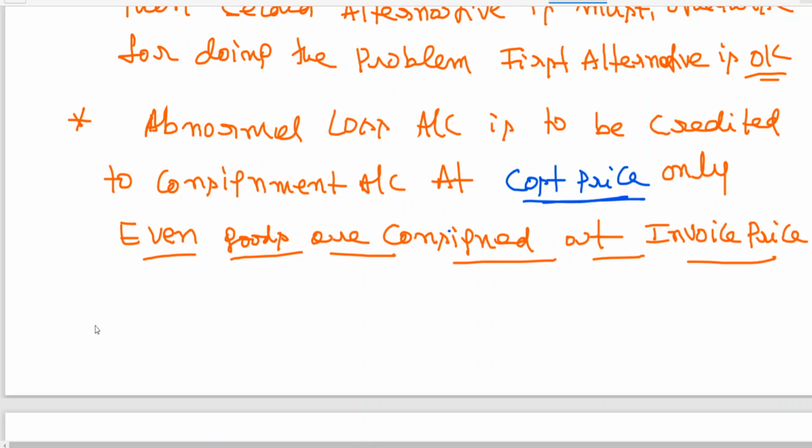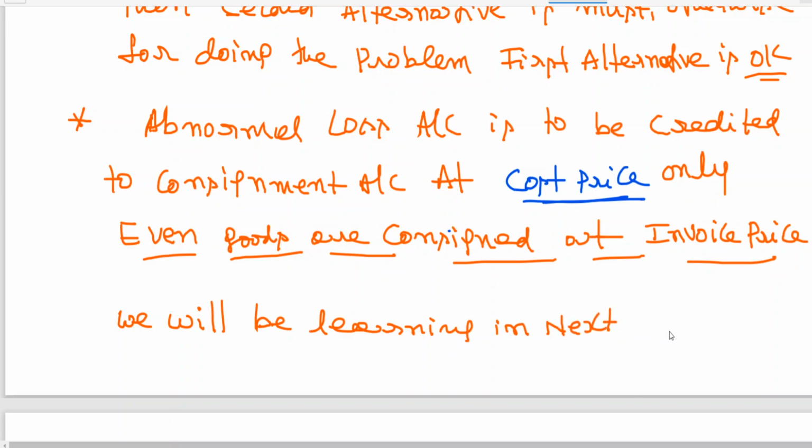So here I am writing, we will be learning in the next class. This is just for information, don't copy it down in the notes. We will be learning in the next class how to value closing stock